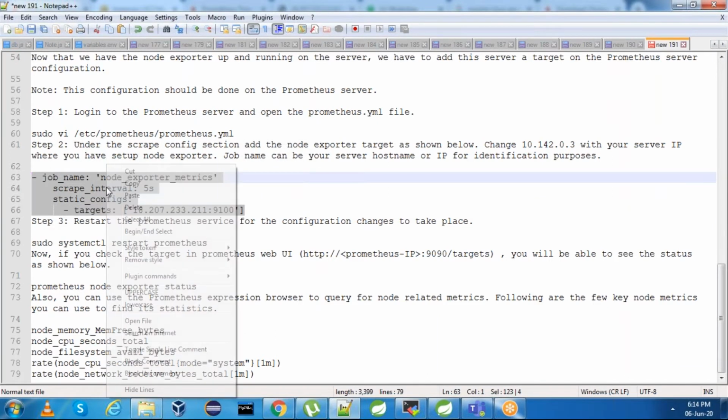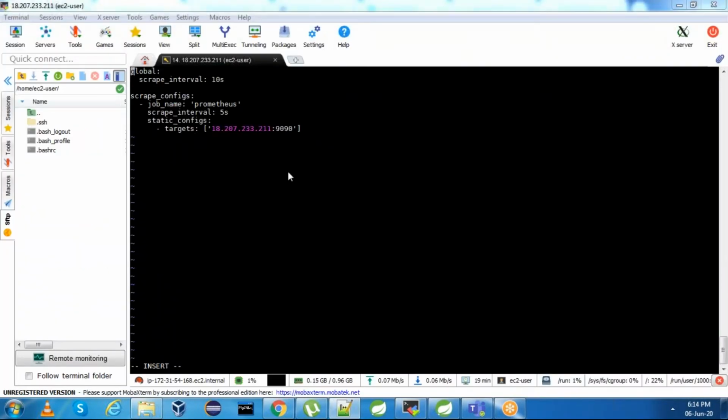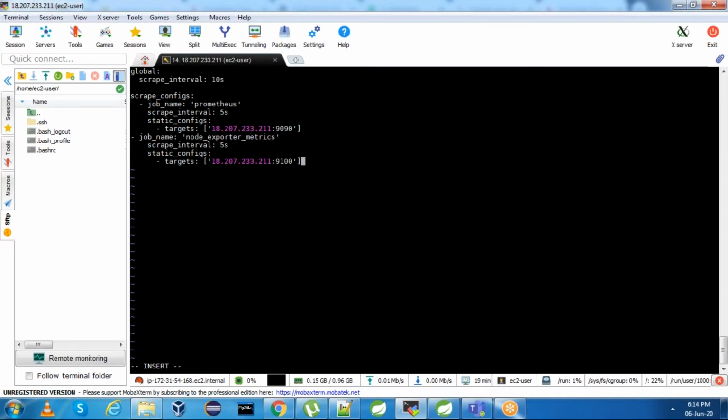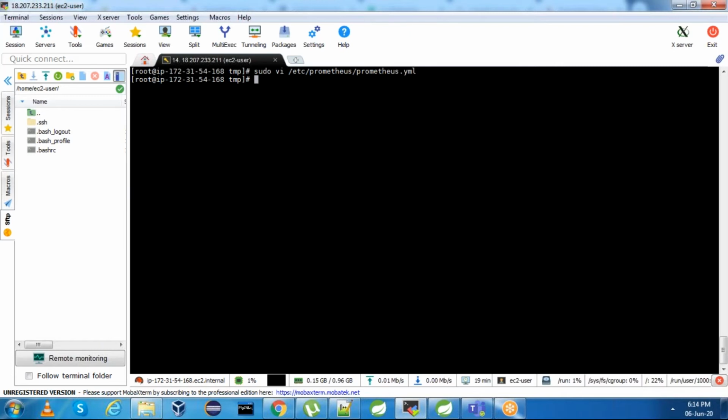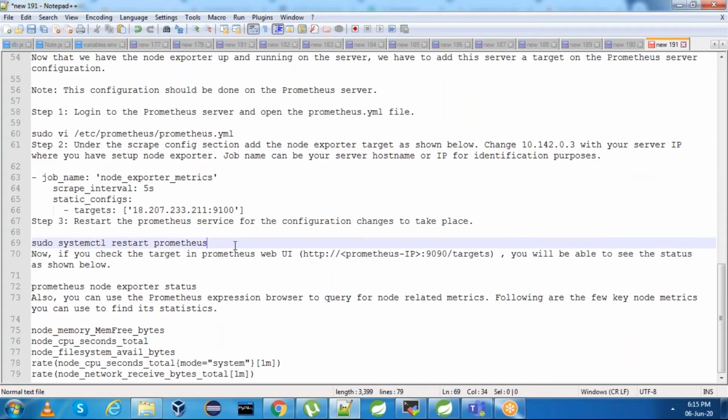Copy this and add one more job name. This is perfect. Now save the file, and we need to restart the Prometheus service so that these changes take effect.